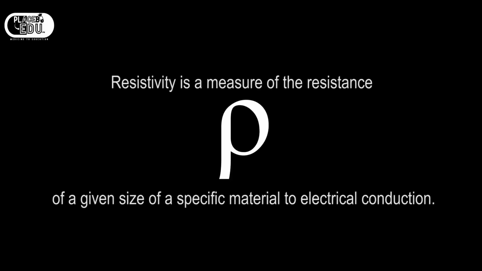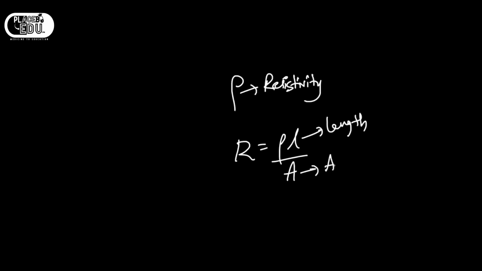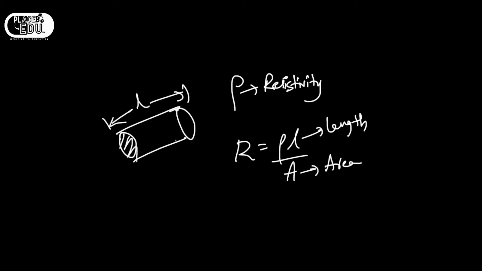How can I relate the resistance with resistivity? It is R equals rho L by A. L is the length of the conductor and A is the cross section area of the conductor. So if this is a conductor, then this will be L and this will be the area of cross section. So the resistance will depend upon the material and the dimensions of the material we are using. This is why any conductor will have resistance, since it is made up of a material and material will have resistance.